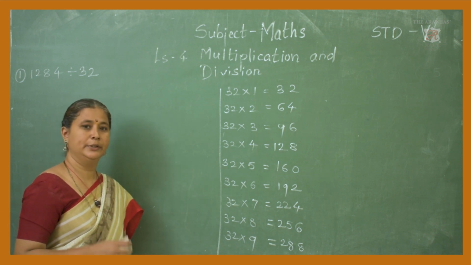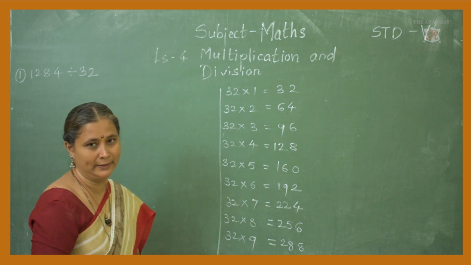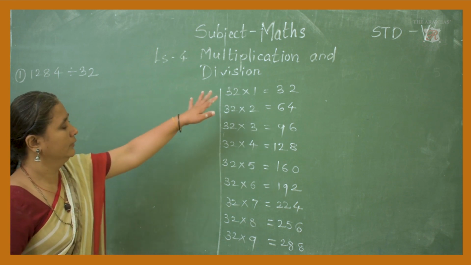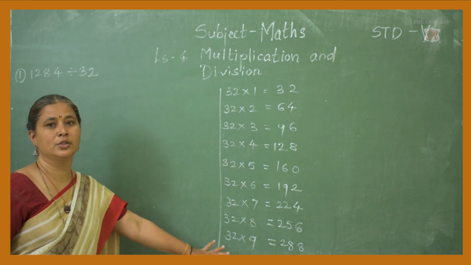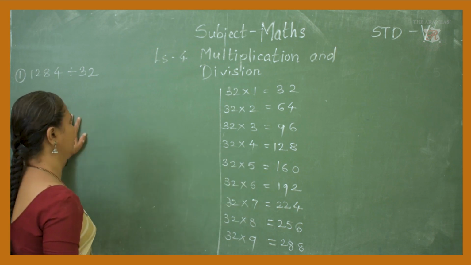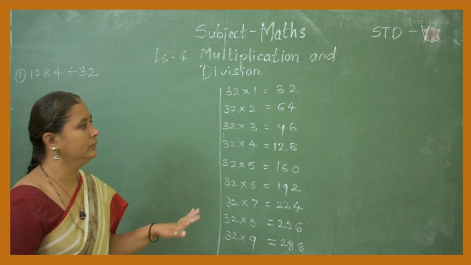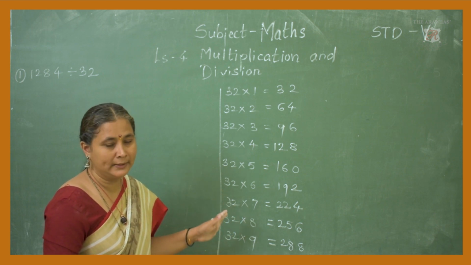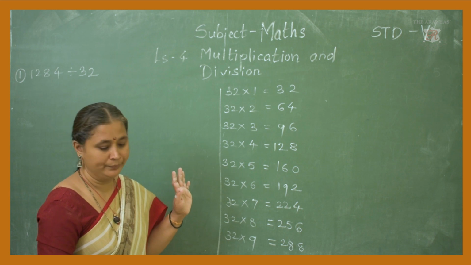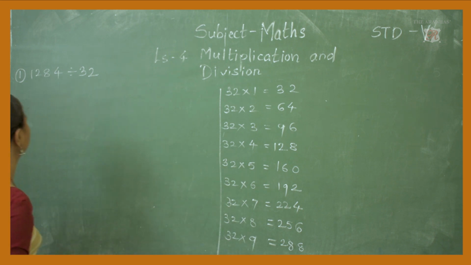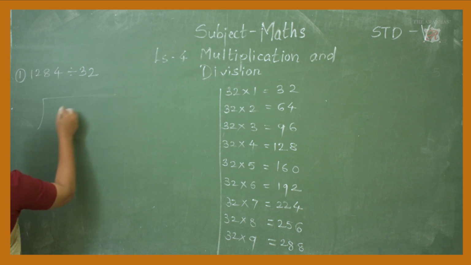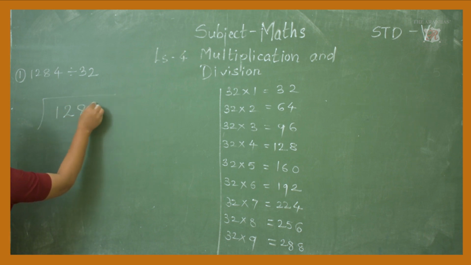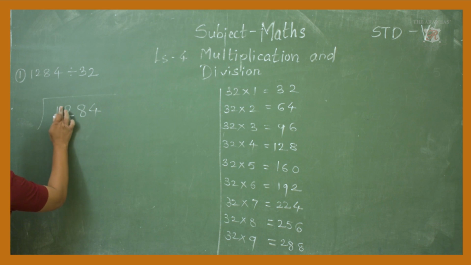And we know 32 tens are 320, isn't it? Now here the table of 32 is done, so it is very easy to do the division. Always write the tables in the rough column. Write the table of the number by which you have to divide. Okay. Now start to solve the sum. Write the numbers neatly, with a little bit of space, about one finger, so you can do the subtraction also very neatly.